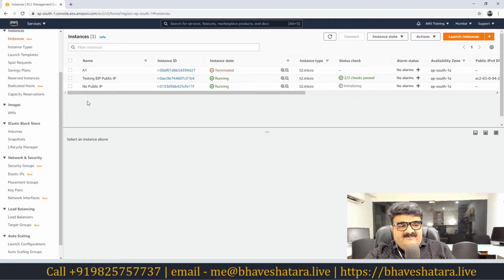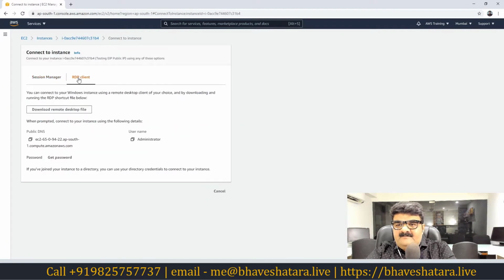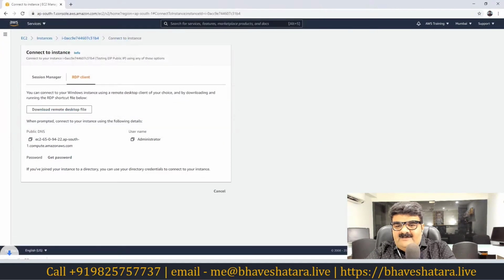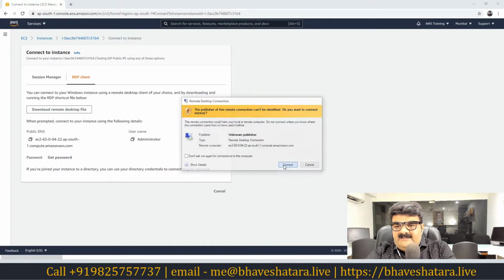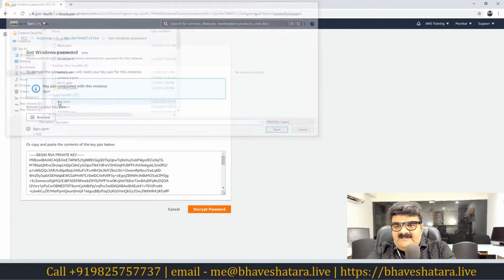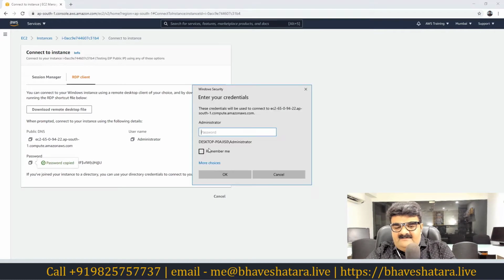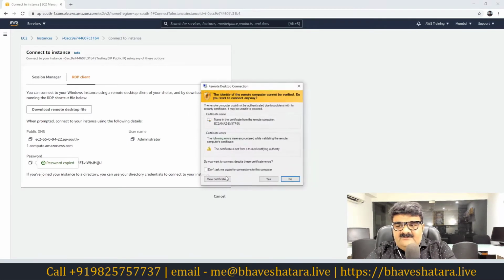My server is ready now and I'm going to access it using RDP. Connect, RDP, download the remote desktop file, and then click connect. Get password, browse to the key pair file I have. This is the password, and let me use it.